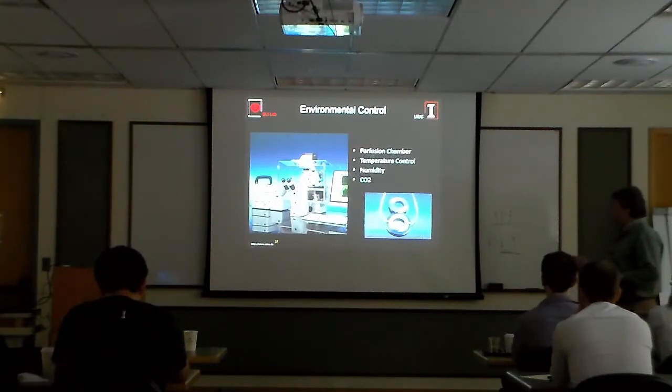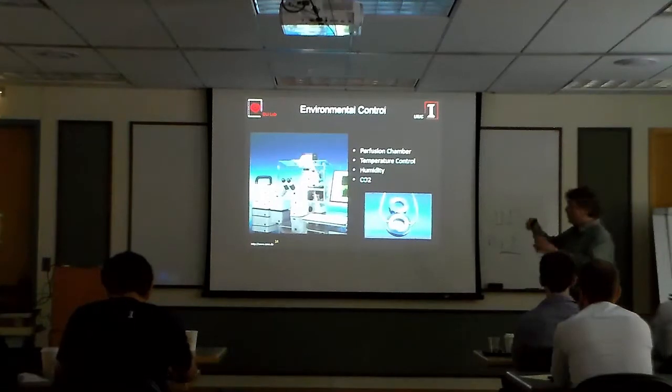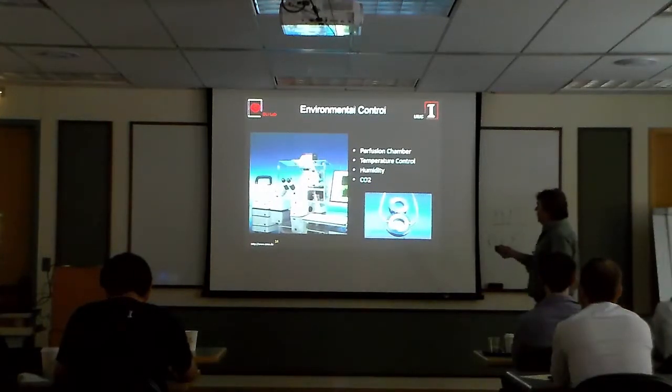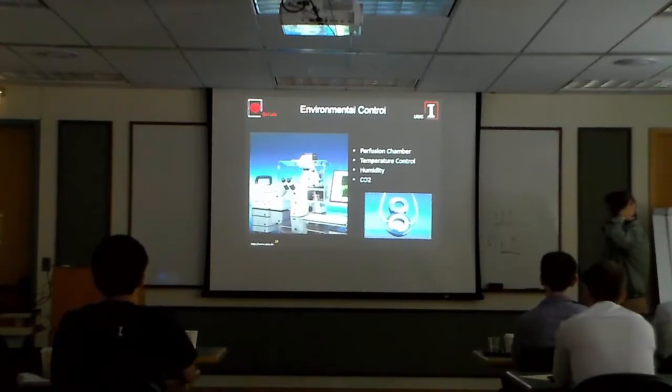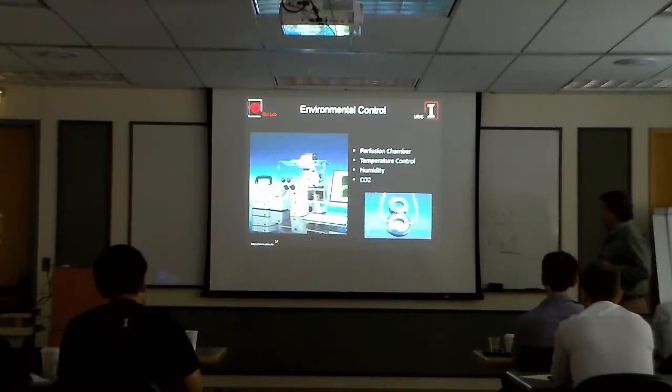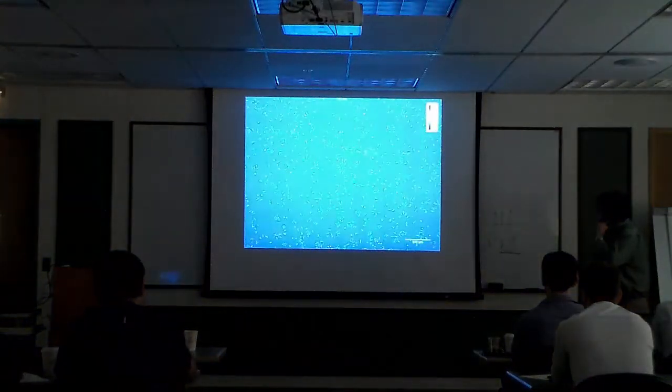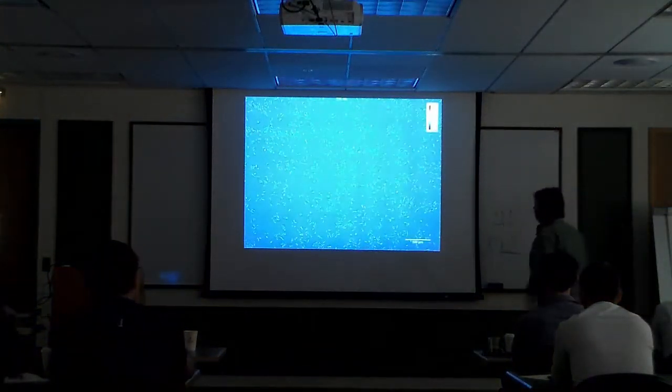But then we needed an incubator, right? And we built our own, some kind of chamber with some feedback. It was a mess. So now we kind of live in a life of luxury, like you have a perfusion chamber. Of course, this plastic box costs $20,000. Don't get me started, but everything now works nicely. You have CO2, humidity control, everything. So long story short, we can measure stuff like this now.